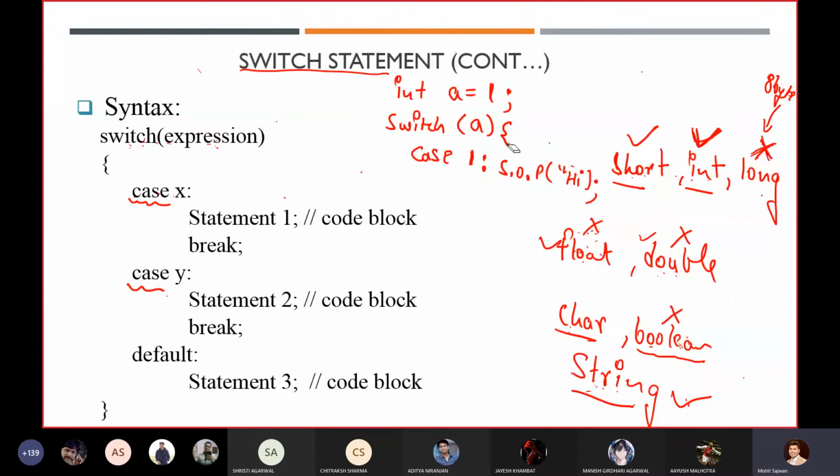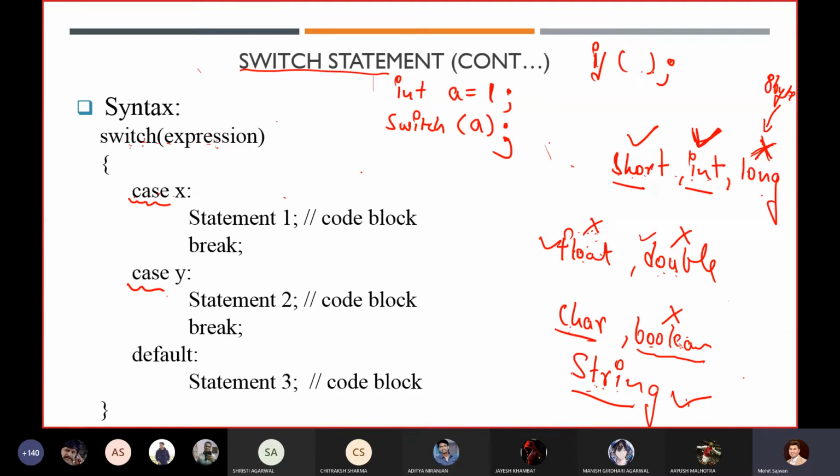Similar to our if statement, we have an empty switch statement too. It means if in this program I write this expression and execute it, I will not get any output, but I will not get any error either. So in Java, similar to the if statement, we can write an empty switch statement too.